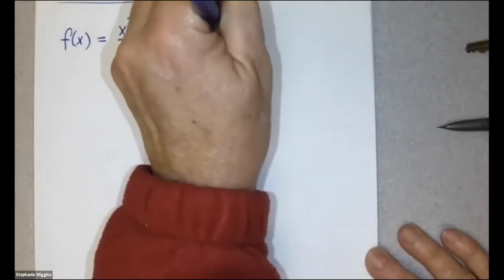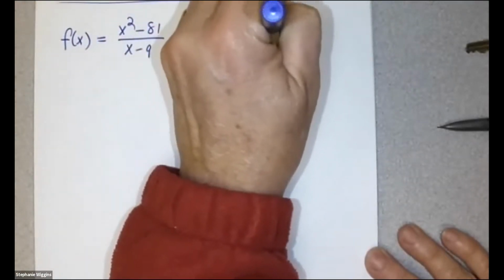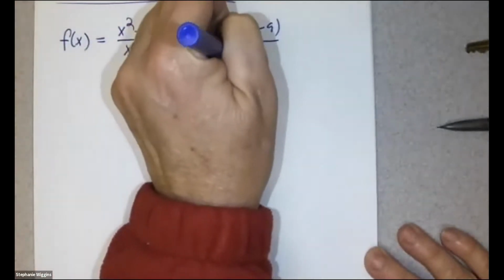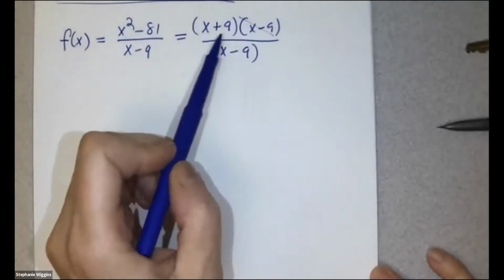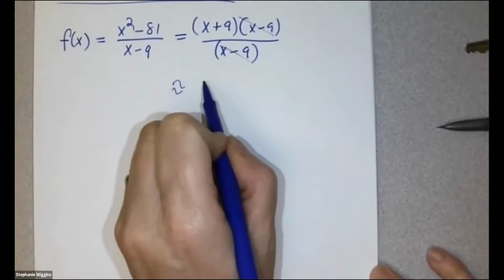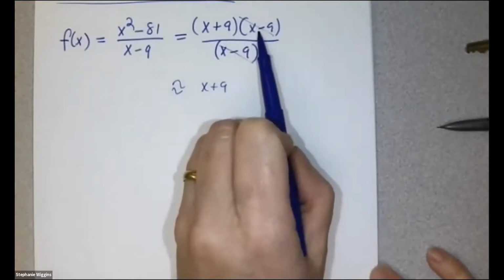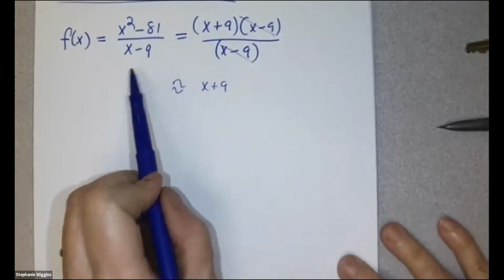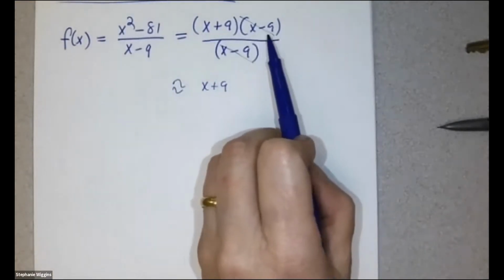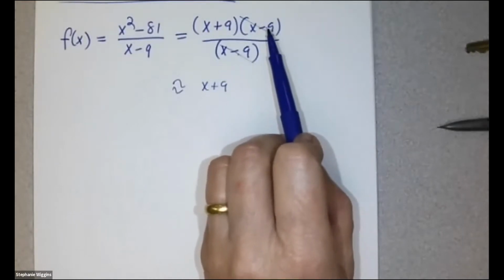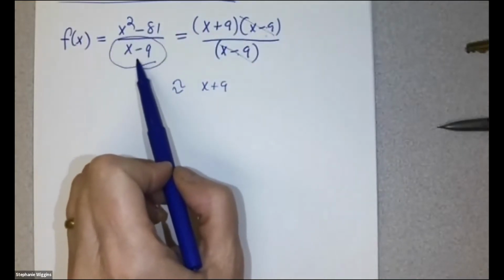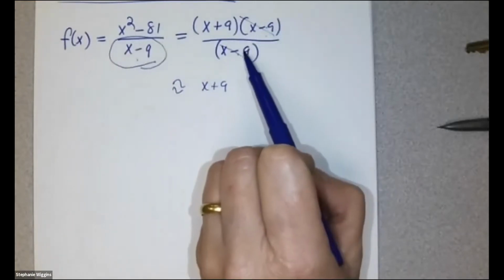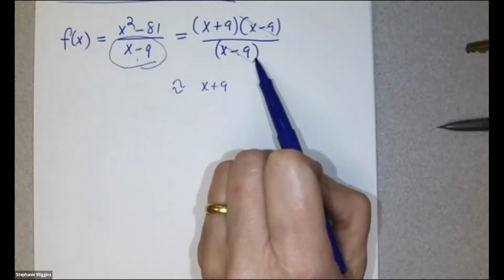We have the numerator is x plus 9 times x minus 9, and then the denominator is x minus 9. So we don't have a vertical asymptote because these can cancel. And so this is sort of like x plus 9. But you're not really supposed to cancel it when you're considering the function itself and looking for holes, this just tells you that there's a hole there. Because even though it cancels out, you still have this x minus 9 in the denominator. And because this balances out that fact and makes it go away, there's still a hole when